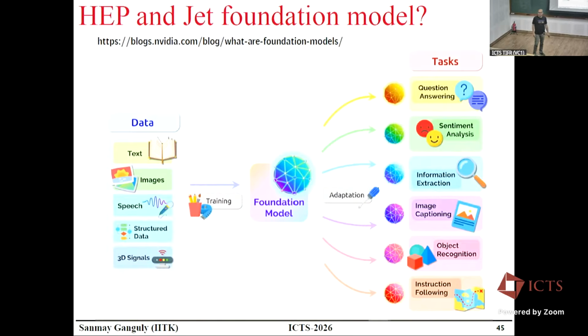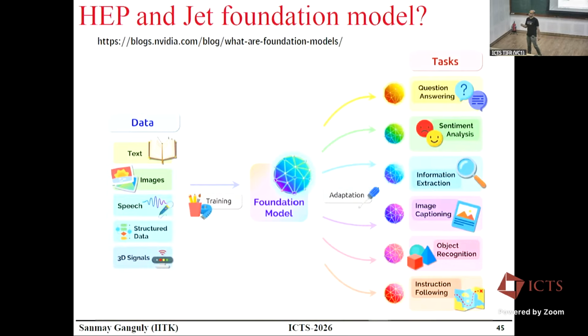Now, why is that important for jets? We already saw that for jets, we are doing many different downstream tasks. We are doing classification of flavors, we are doing mass regression, we are doing secondary vertex reconstruction, we are doing generative models. So if you think of all the possible classes of downstream tasks, and this is being done for ATLAS, CMS, the theoreticians, heavy flavor groups, all across. So if there can be one great model for machine learning on jets, which acts as a foundation model on which you can do all possible downstream tasks, that will be a sort of breakthrough.